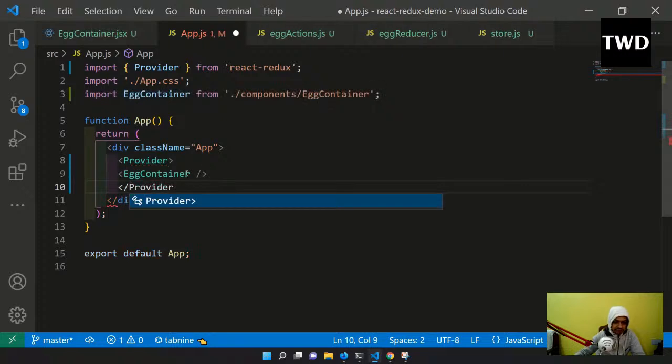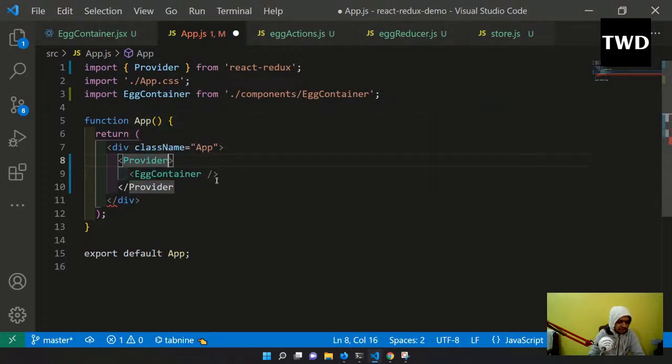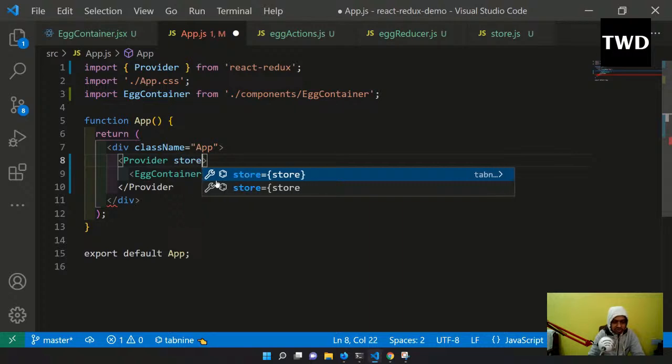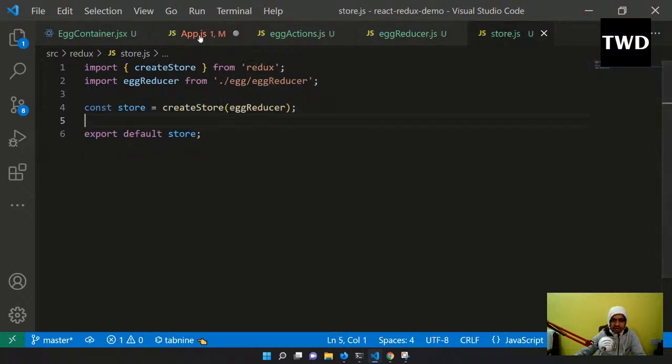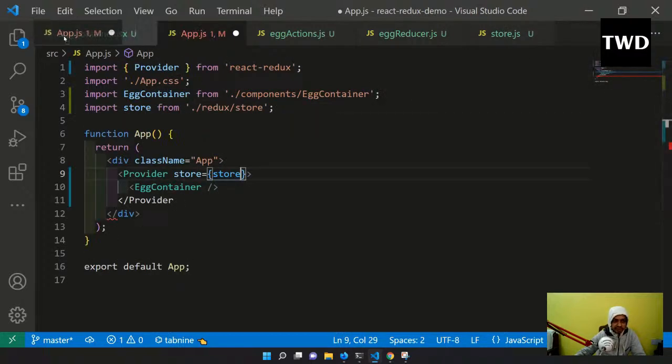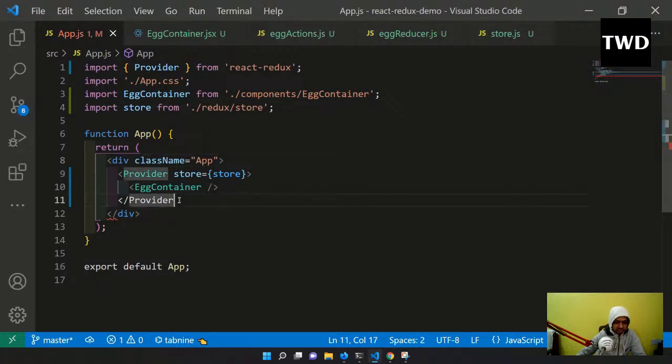I have to close it and I have to wrap the container or the central container, whatever is there. And here we have to pass the store. Okay, so store equal to store, and this store is nothing but the Redux store. So this store is required in a React Redux app. Okay, something is not correct. Okay, this I'm going to do. Now I can use